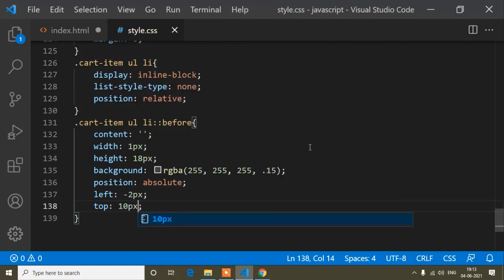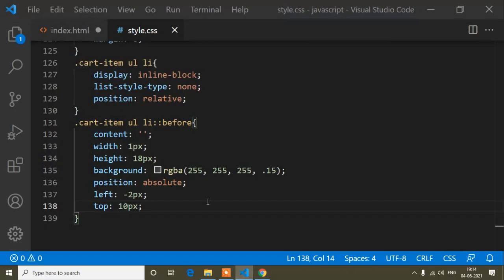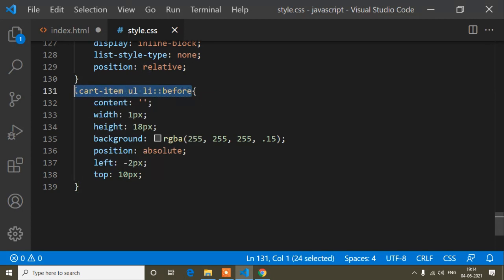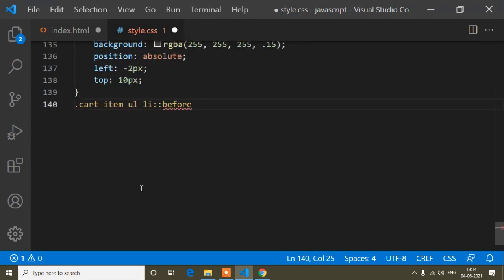Now save, and refresh here. You can see it's added a border. And now guys, I don't need the first border. I need only the border in the middle of this icon. So I will copy this one, and remove the border from this one.